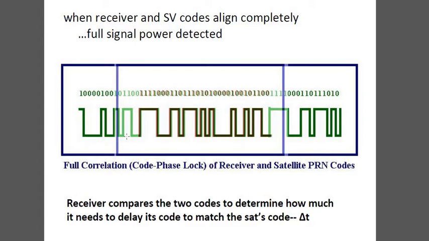Then the receiver compares the two codes: the one it has received, that is nothing but your modulated code, and the one more code that has been generated. It calculates how much delay it requires to get your original code, meaning it has to subtract. So this is how you will be getting the proper location also. I hope you are clear.